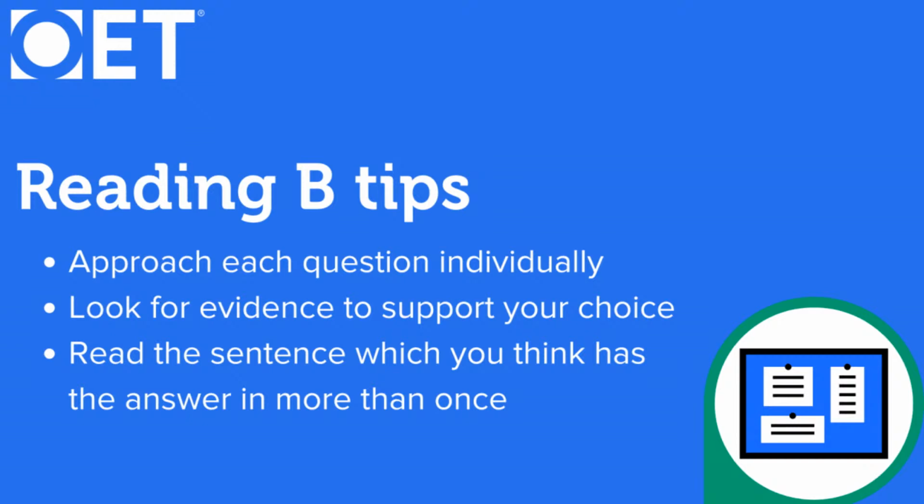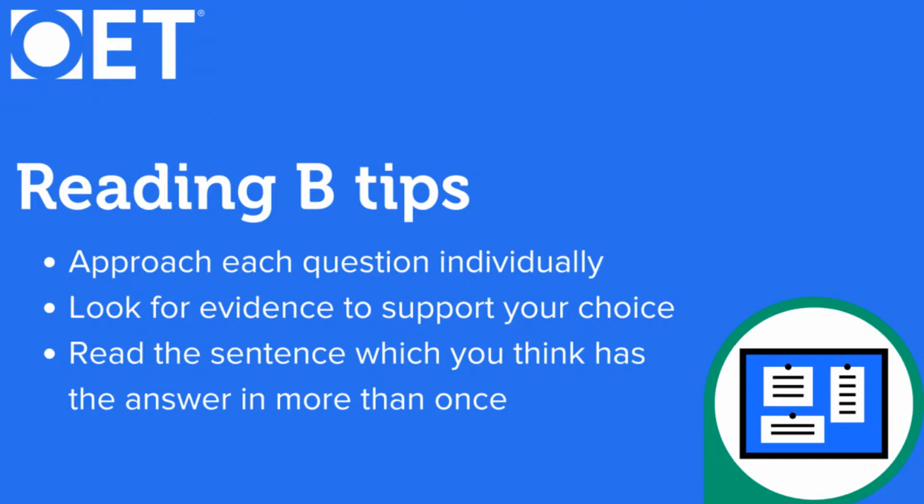Another thing that you can do is also look for reasons why the other options are wrong. And you can do this for part B and part C. So you're looking for evidence from the text for why an answer is right and why the other options are wrong. This might take a bit of time initially, but if you practice that way, you'll actually get better at it, and you might even be able to do it without thinking too much. It will just come to you. So practice is really important with this second tip.